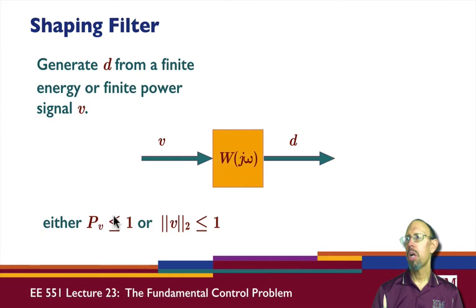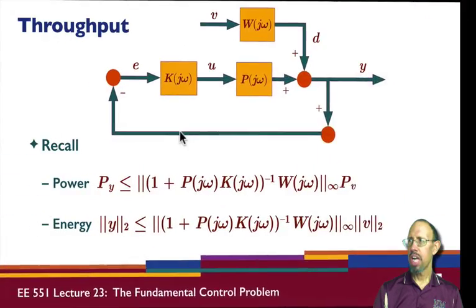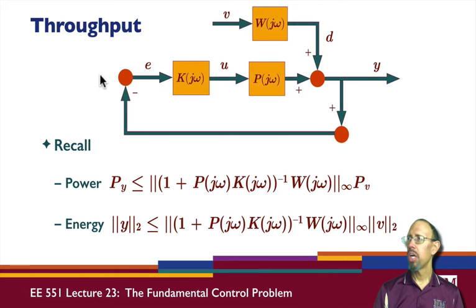So in general, we will often look at the power of V being less than or equal to 1, or the energy in V being less than or equal to 1. And so in terms of our signal, for now we're ignoring the reference input, we're only looking at the disturbance. We're also not having the noise. We're not looking at that right now. We're just looking at this loop. So with this loop then, we can go through and show that